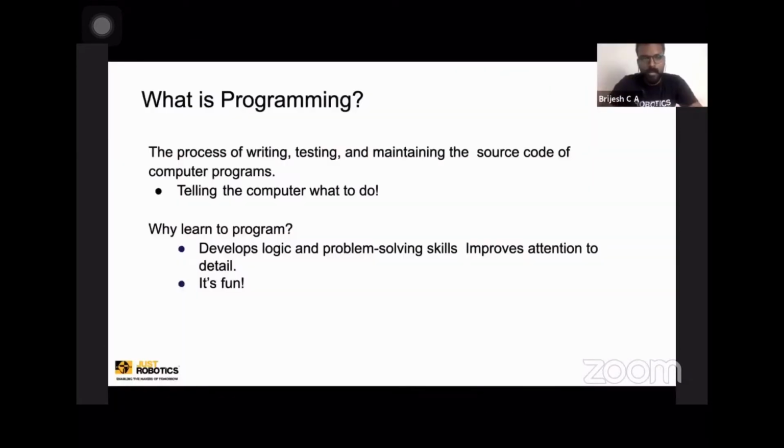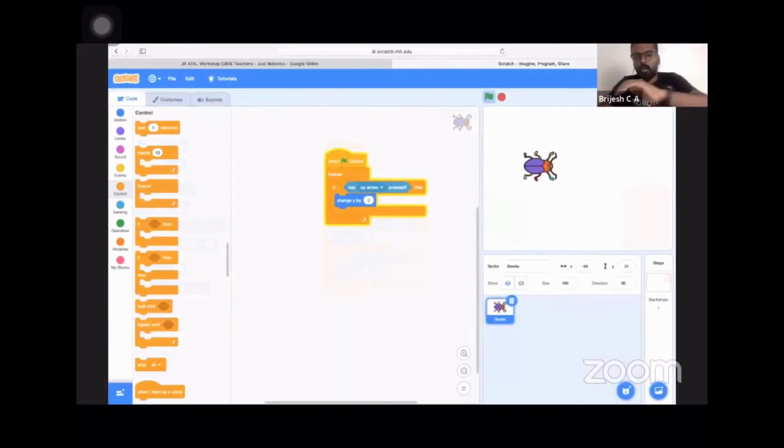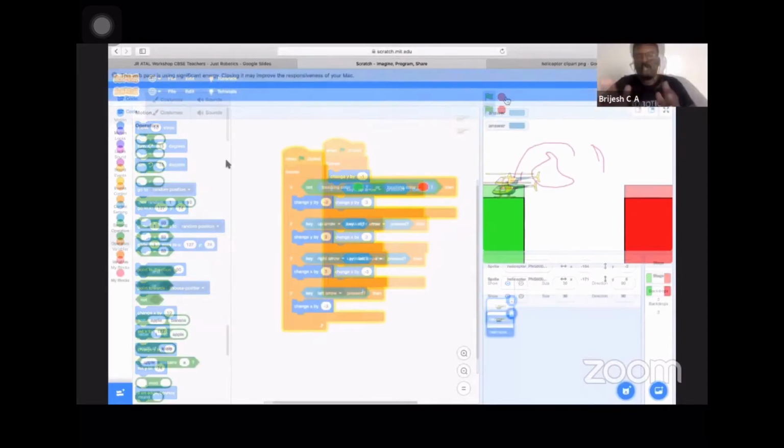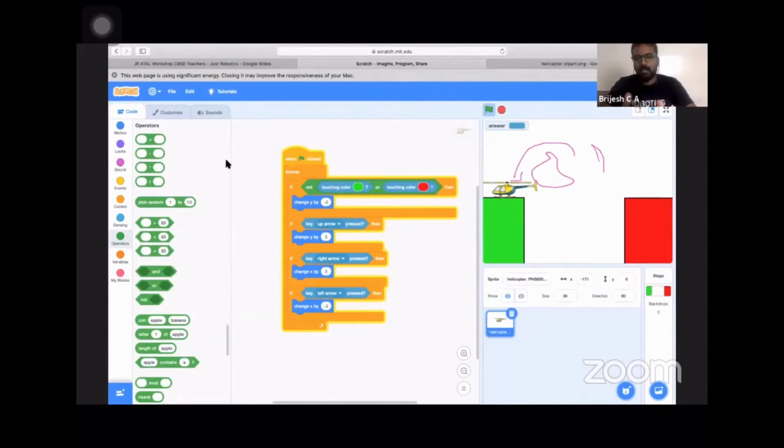A programming language was developed. Press my down arrow, the statement will not get us to stand over the green color building. It should not fall off. So that's the objective we have to figure out. That's why we start with Scratch. This is an amazing platform, an amazing tool for anybody who wants to start.